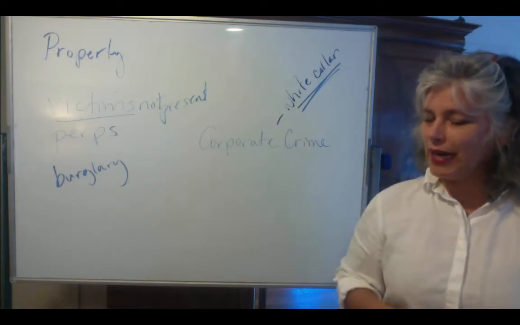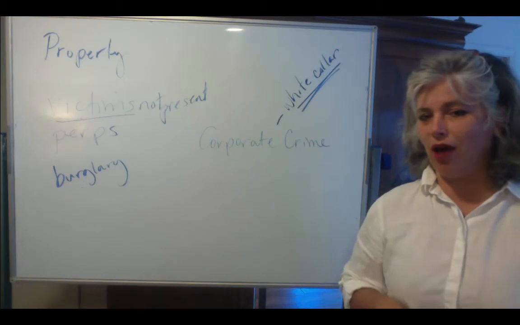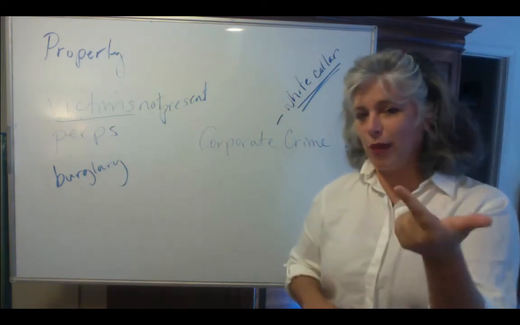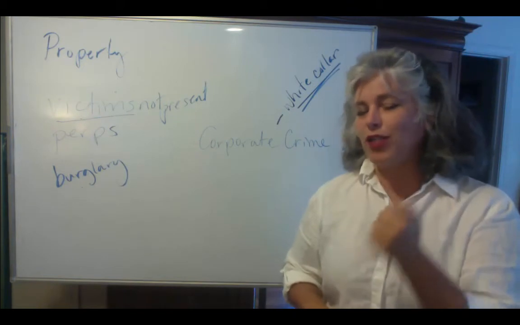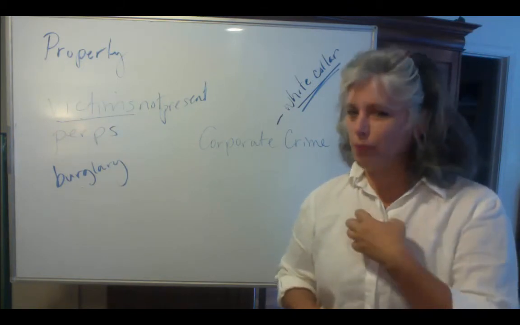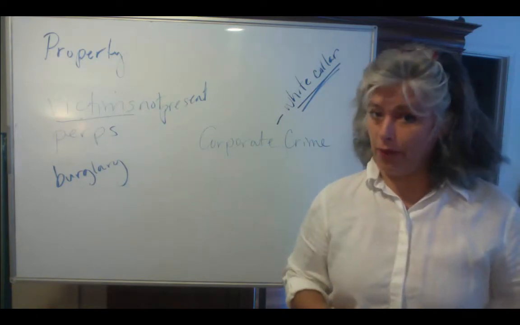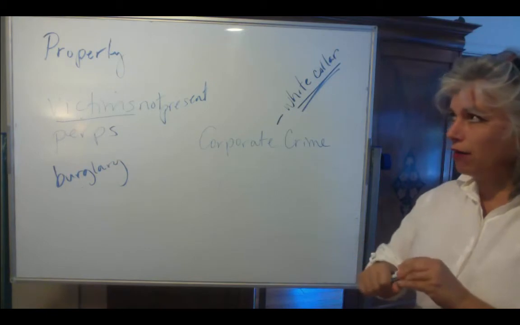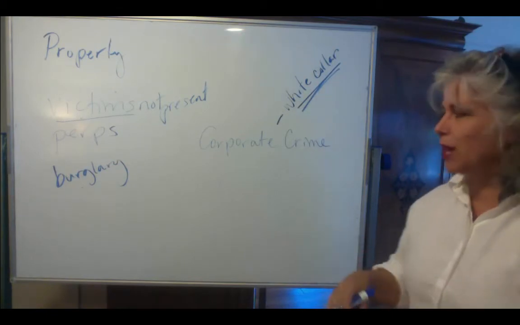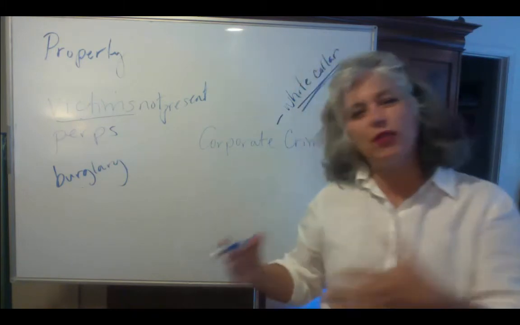But the three achieved statuses that I'm thinking about are income, occupation, and education level. So income, occupation, and education level are particularly important as master statuses in the USA. So in the USA, we have, and we'll talk a lot more about this, like I said, in Chapter 7, some distinctions of different types of jobs.